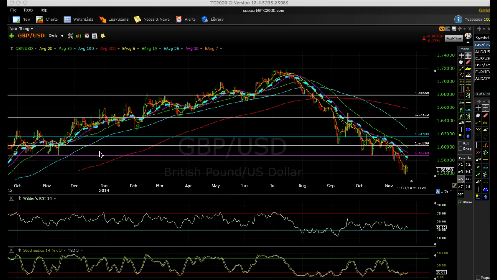I'll give you a couple of different examples, especially with oil, on what I look for on good entries, and what I look for on shorts, longs, and so on. And then also I'll let you know about the different indicators that I use, moving averages that I use on